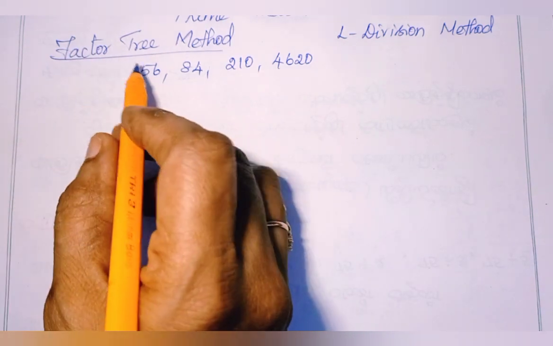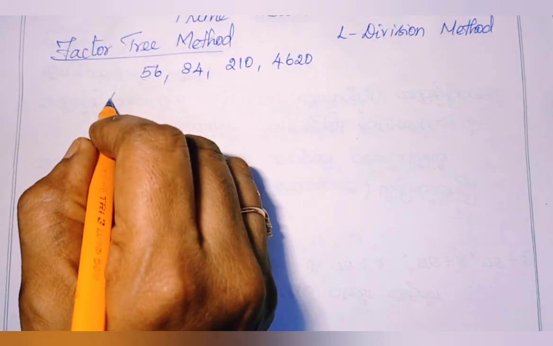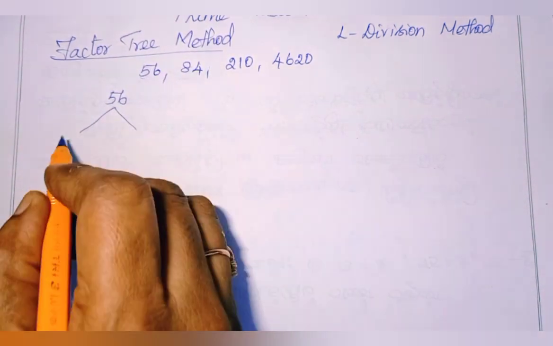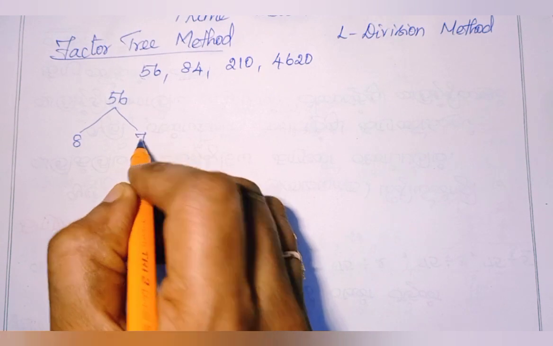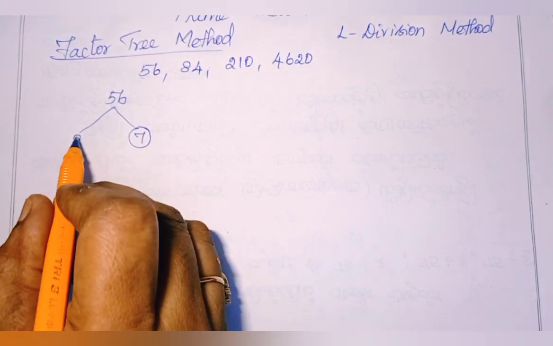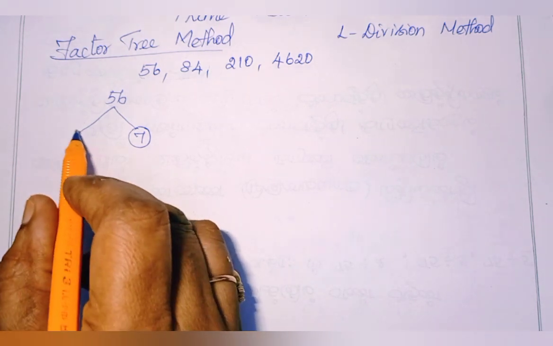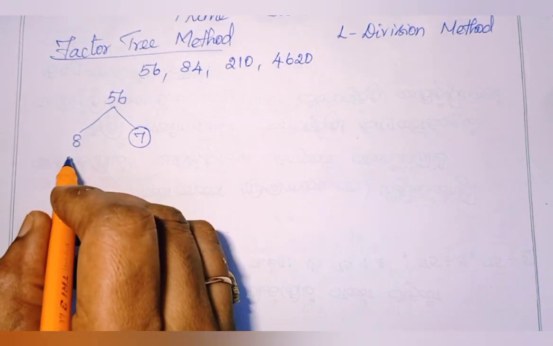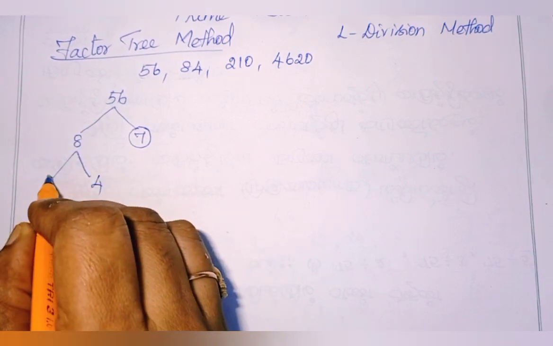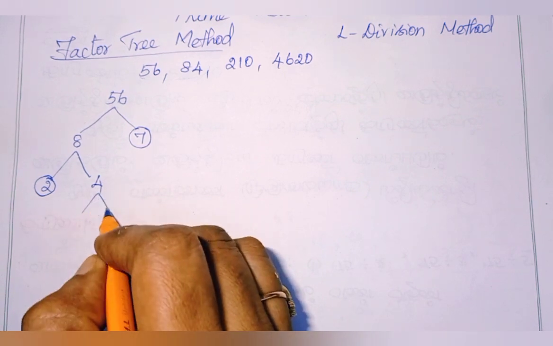Here I am going to find the prime factors of 56 using the factor tree method. So 56 is a number, and as you know 8 7s are 56, writing it here. As we know 7 is a prime number, we are circling this 7, and as 8 is a composite number, we should not stop there. Now we have to find the prime factors of 8 also. We know 2 4s are 8 and 2 is a prime number, so we circle it, and this 4 is a composite number, so we again have to split it.